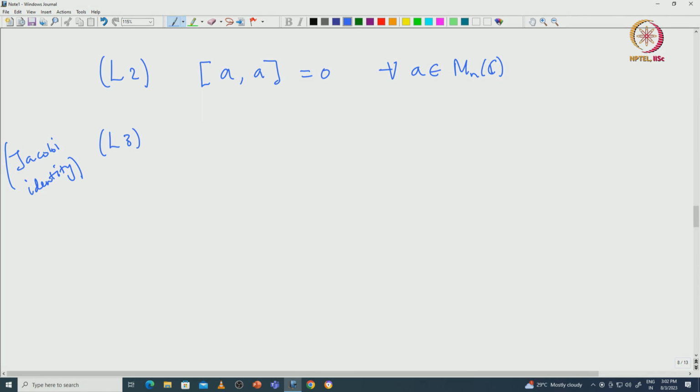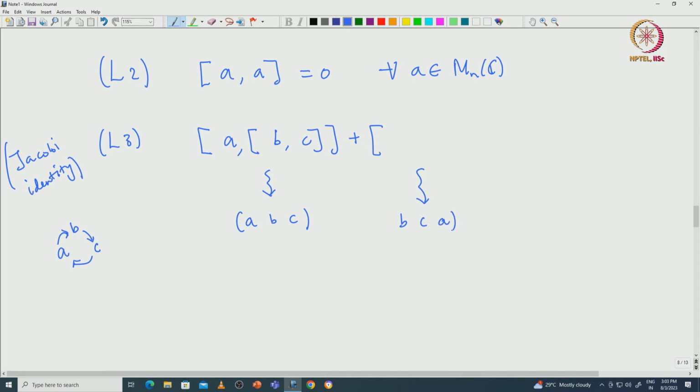So, in an associative algebra you have associativity, but here in the Lie algebra you have this Jacobi identity. What it says is, if I take bracket A, B, C and then cyclically permute them and take the sum of these elements. So, what will happen if you cyclically permute? You take A, then B, and then C. You just permute like this cyclically. Then the first term corresponds to ABC, the second term should correspond to BCA and the third term should correspond to